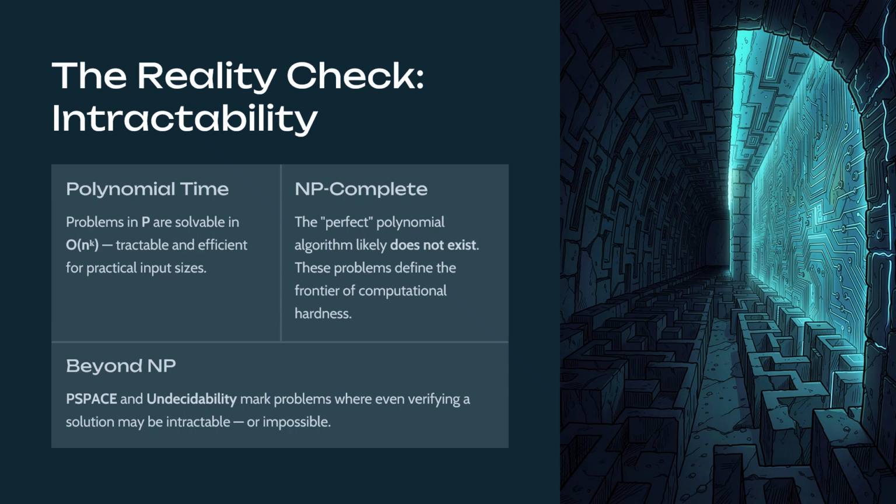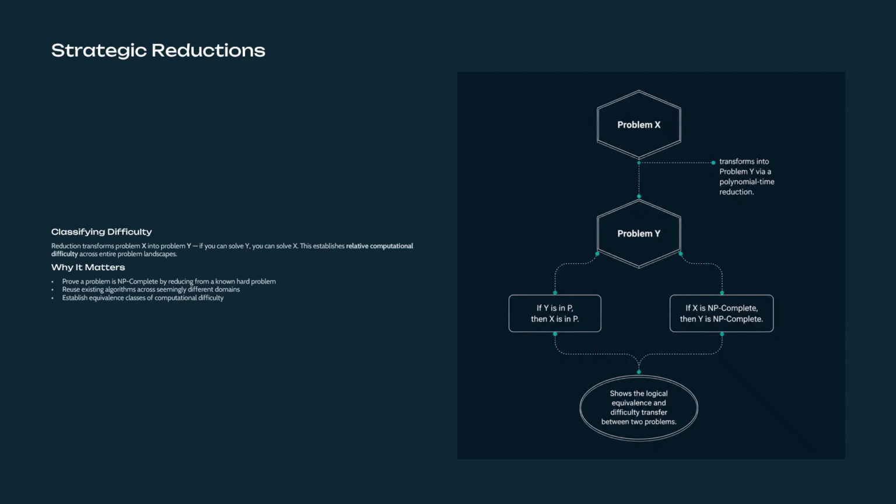Suppose solving a problem with 30 elements takes 1 second. Increasing the input to 31 elements doubles the computation. By the time we reach 100 elements, the required execution time may exceed the age of the universe. Problems such as the traveling salesman problem, Boolean satisfiability, and many combinatorial optimization problems exhibit this explosive growth. When exact algorithms become impractical, computer scientists often use heuristics, approximation algorithms, or metaheuristic techniques. Title: Real-World Impact,